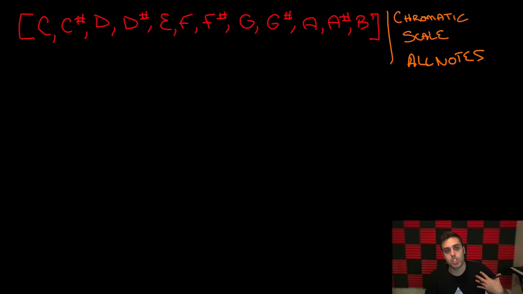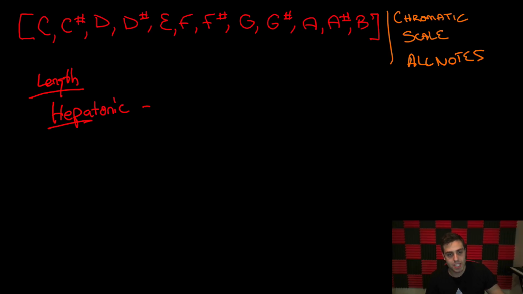One of the ways that we can start to classify these subscales is by the length of the scale. The chromatic scale is of length 12 within an octave. But the most common scales that we're going to work with in music are what are called heptatonic scales. If you have ever studied Latin, you would know that hepta means 7. So these are scales that have 7 notes in each octave. And by far, the most common heptatonic scales that you're going to see are the major scale